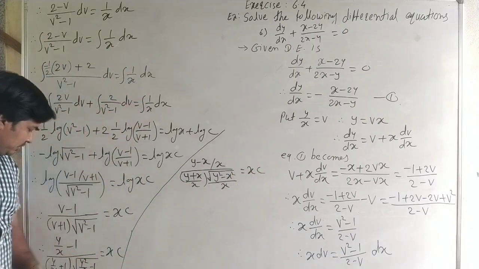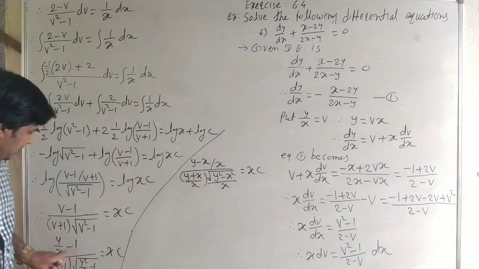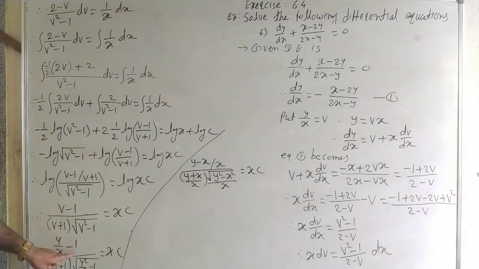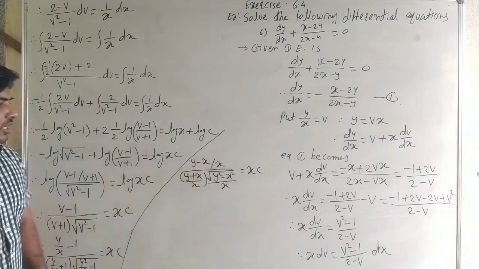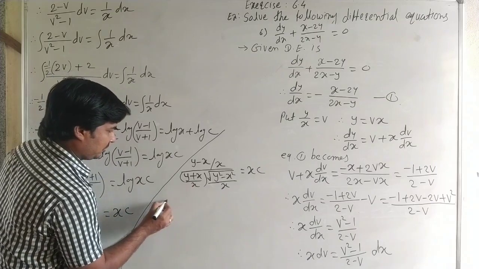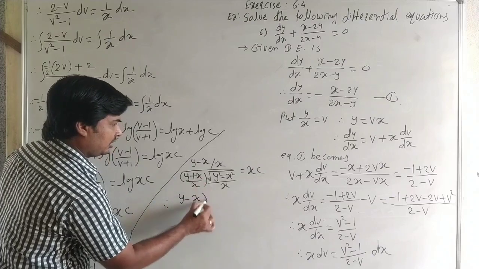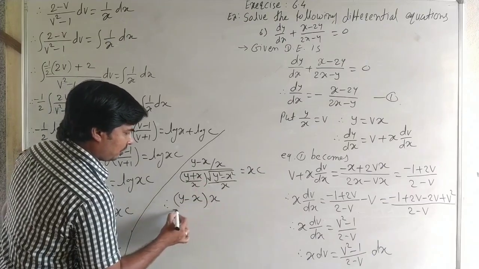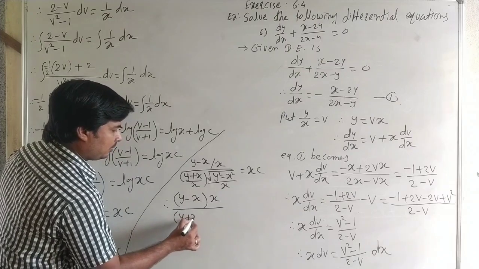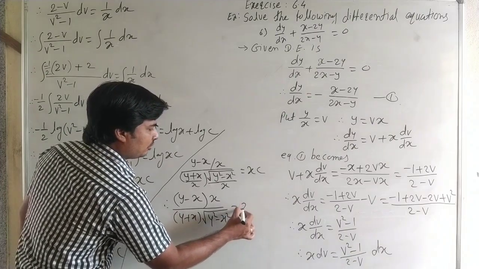Okay, see carefully the calculation. Here put the value of phi, y by x plus 1. When we take the addition, it is y plus x upon x, and in the numerator phi minus 1, y by x minus 1, it is y minus x upon x. Now this x and this x get cancelled, but here one x is remaining. Therefore we can write y minus x, and this x remaining we can write in the numerator, x upon y plus x into under root of y square minus x square is equal to x into c.